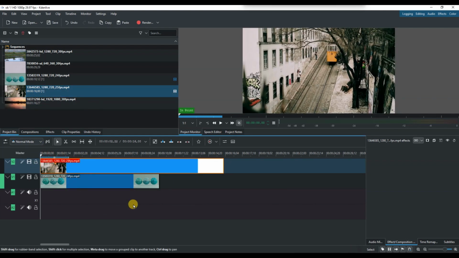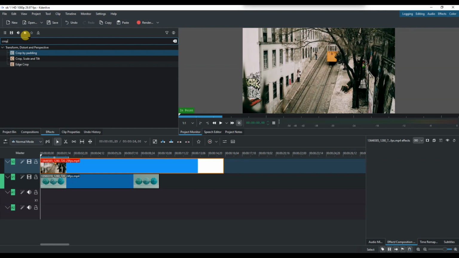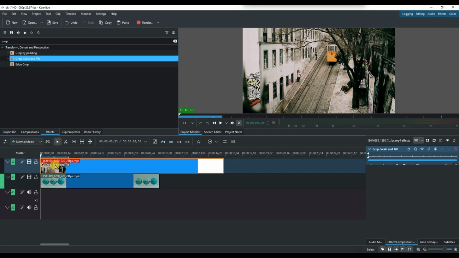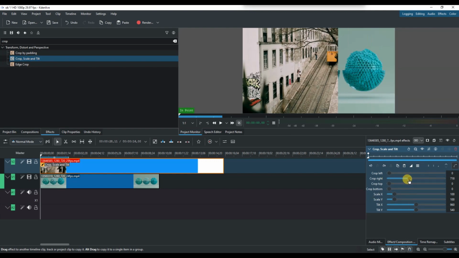Select the clip on the top track, then go to the effects panel and search for the crop, scale and tilt effect. Drag and drop this effect onto your clip. In the effect stack, use the crop controls to remove the unwanted parts of the clip, leaving only the portion you want visible. For example, crop the right half if you want the clip to appear on the left side